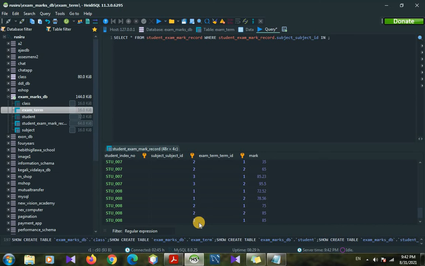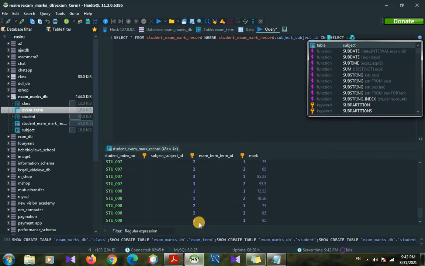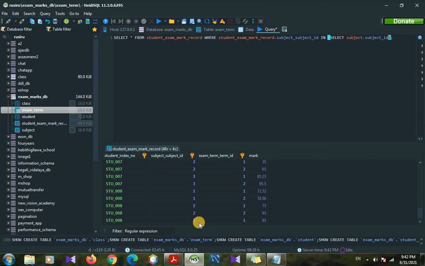We can type another subquery here inside two brackets. We can type select subject table dot subject ID from subject table, where subject table dot subject name.